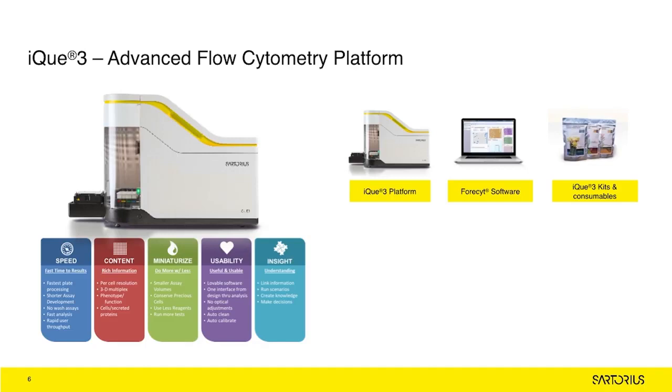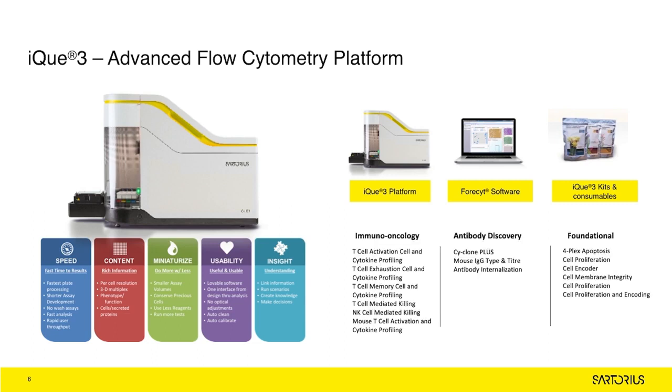Foresight software is intuitive and provides a single interface from assay design to analysis. It also allows for fast analysis, and when assay kit templates are used, the data is pulled through automatically so users can focus on assay design. The kits designed for use on the IQ allow the user to perform miniaturized multiplex assays, as well as perform both phenotype and function quantification and the analysis of secreted proteins. All of these attributes combined give greater insight into the biology being studied and ultimately create the environment for better decision-making.